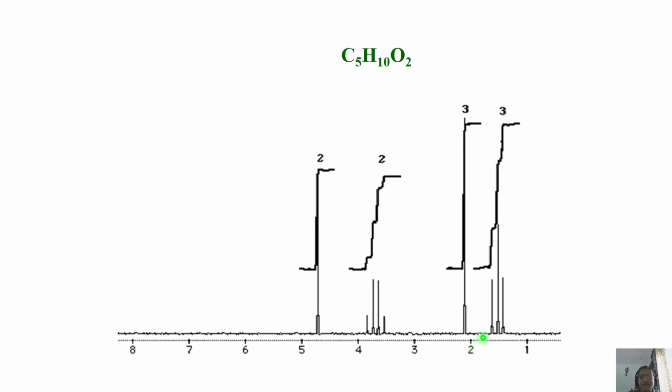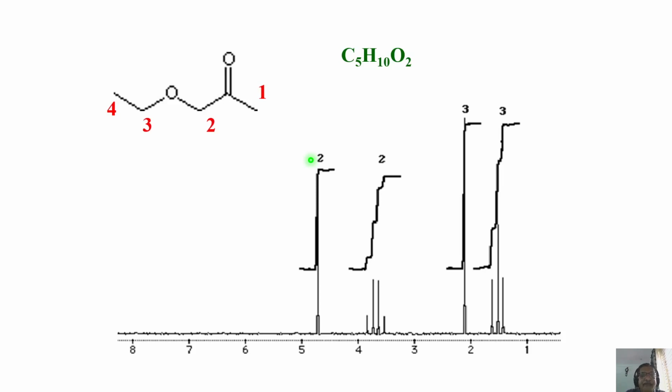As usual, CH3 and CH2 must be there. That is the first guess because this is a triplet and this is a quartet. So this must be CH2 and this must be CH3. The intensity ratio agrees, 2:3. But how do you account for a single peak with 3 and 2 intensity? Are we on the right track? We do not know. Let us look at this structure now.